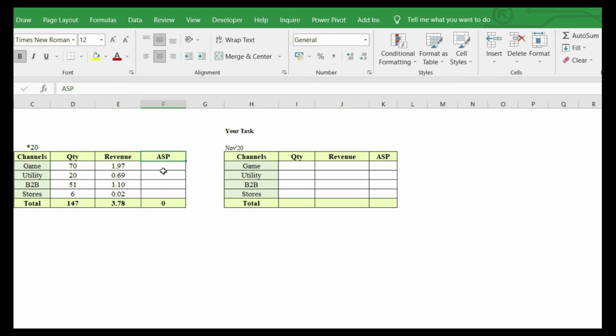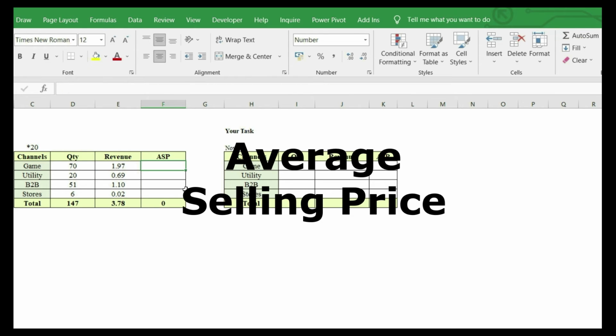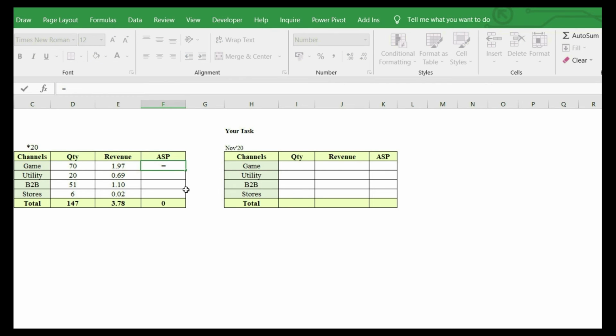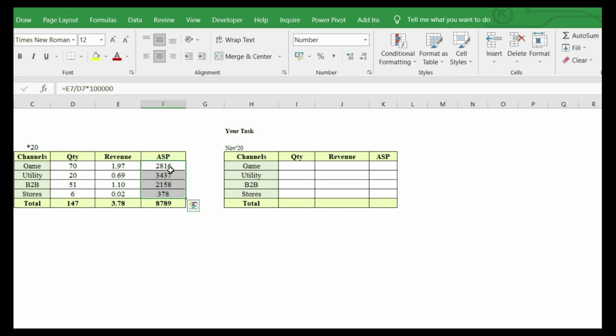Yes. Then how do I get the average selling price? I can show the average selling price in rupees format. To find that, equals revenue divided by quantity. So we'll get the ASP, average selling price. If I want to remove that lakh format, inside the formula bar I need to multiply by 1 lakh: divided by 1 lakh to convert, multiply by lakh to remove that lakh format. Then I got it in rupees format. I'll bring it down. This is the data.